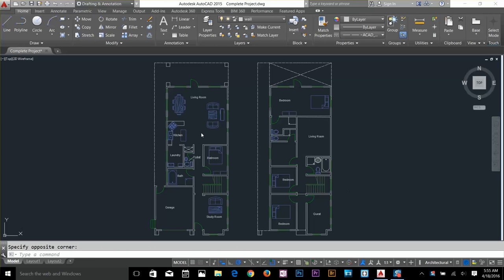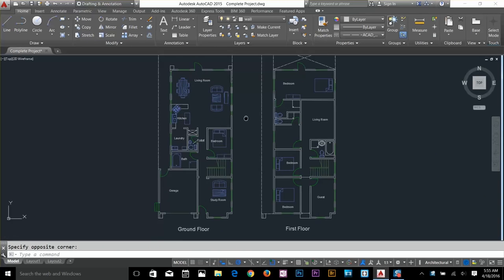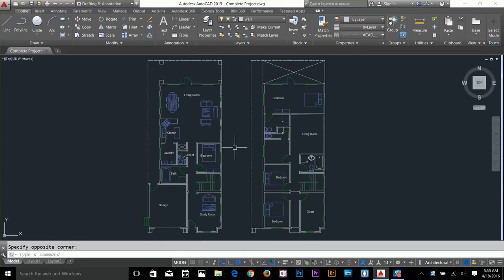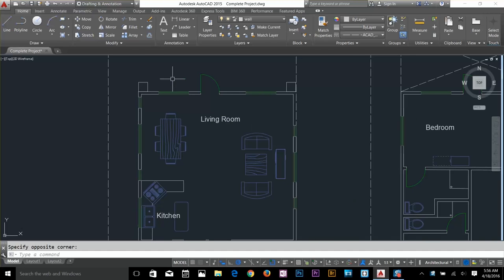Alright guys, our first floor and the ground floor is done. So now I'm going to clean up a little bit of my drawing and I'm going to apply some dimensions, and then we will be done with our 2D plan. So let's get started. I'm gonna start applying some hatch commands. If you're not familiar with hatching, you need to check my other tutorial on hatch. So let's start by,